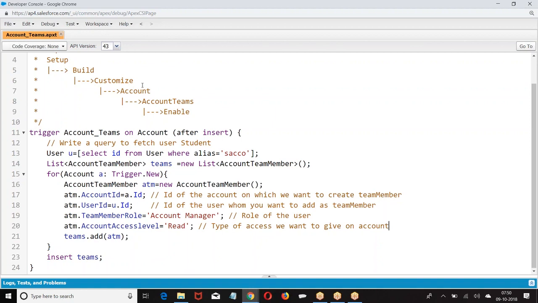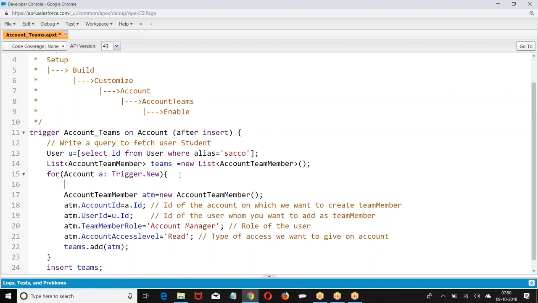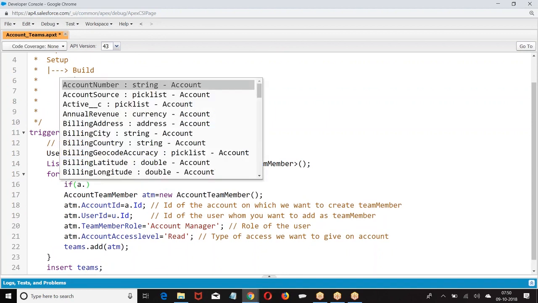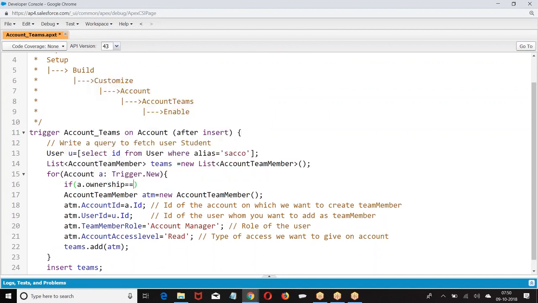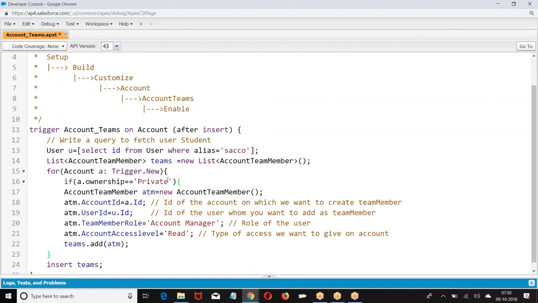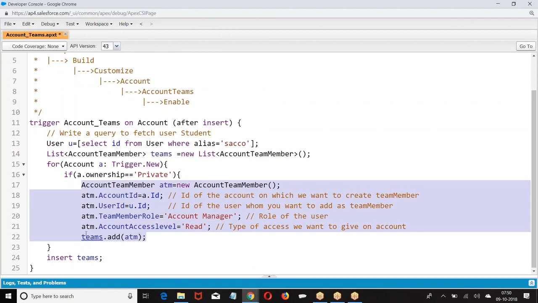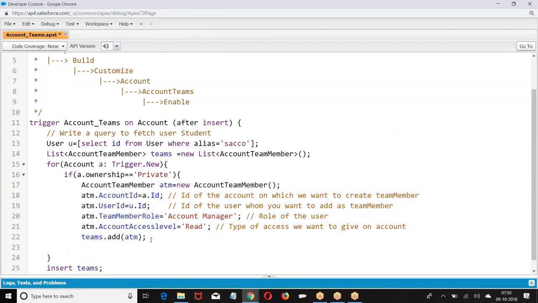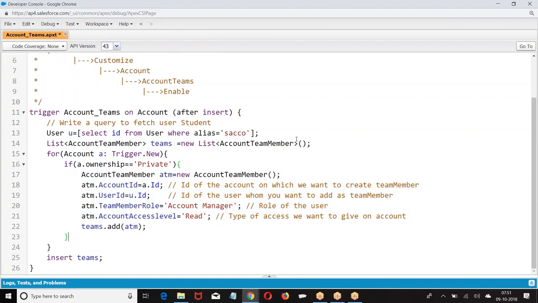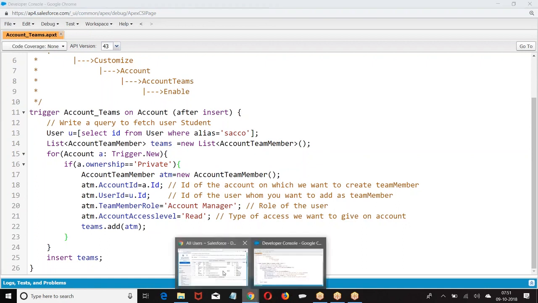I hope you are good with this. Did the people follow? I took every account, but I have a small condition. If a dot ownership equal to private, then this should happen. Take one by one account, and when a new record is inserted, check whether ownership is private. If ownership is private, then I create Student as an account team member. So go back to this here.